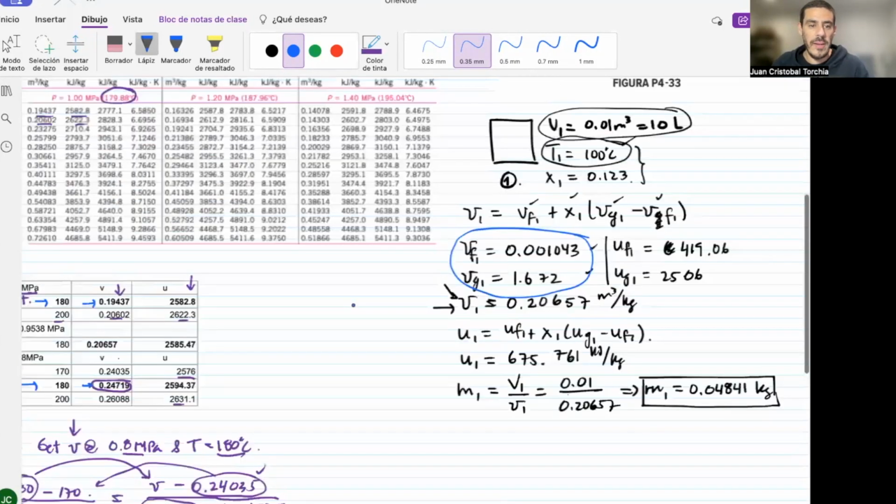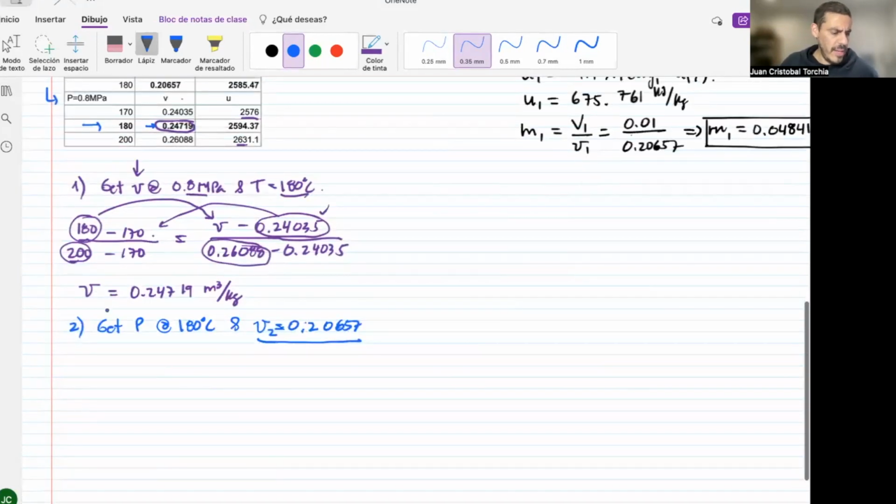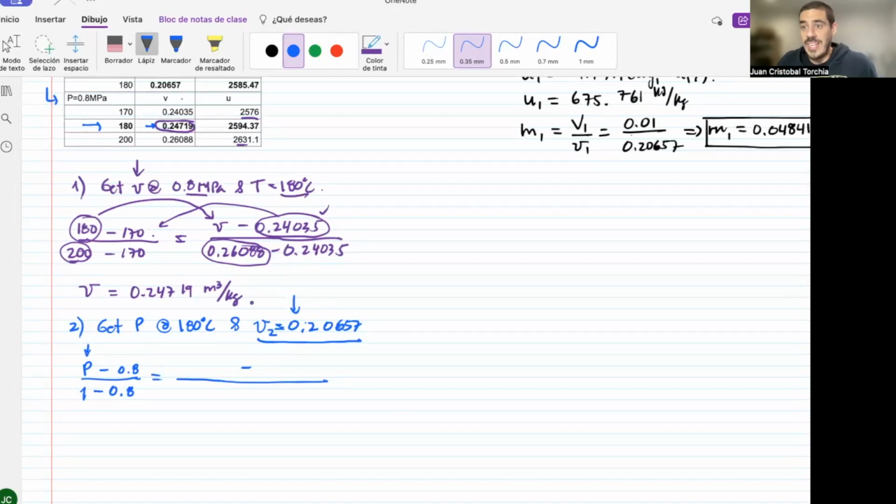So this is what I will write. Hopefully I can get you through this part. P, the one that I don't know, minus 0.8, divided by P, which I already have: 1 megapascal minus 0.8. And then here I'm going to put specific volumes, all of them at 180 degrees Celsius. This one should correspond to the pressure that I'm looking at, that precise specific volume,